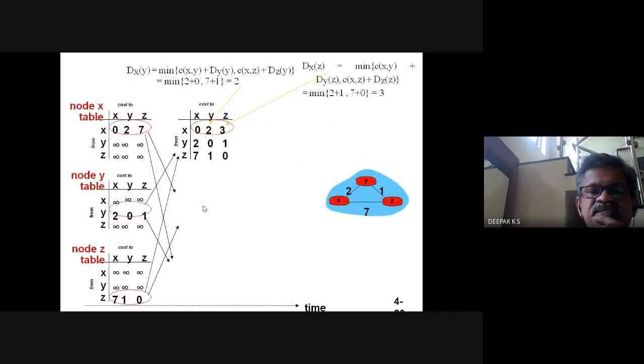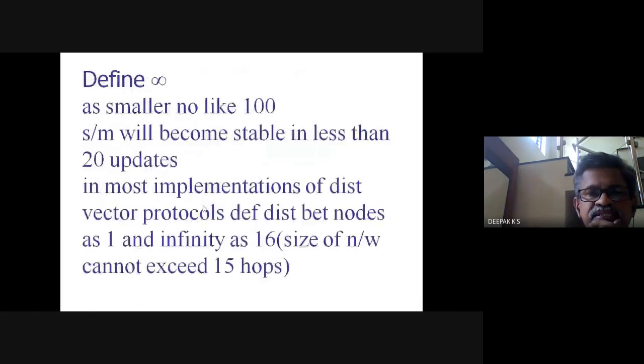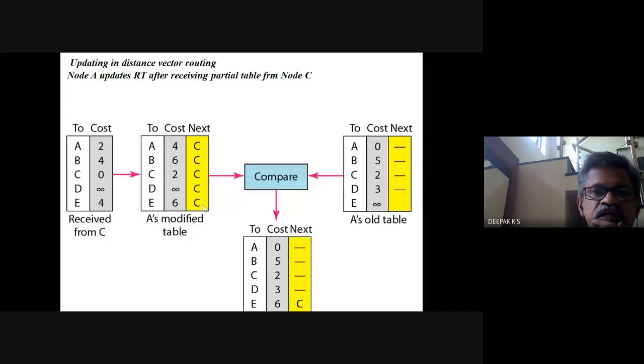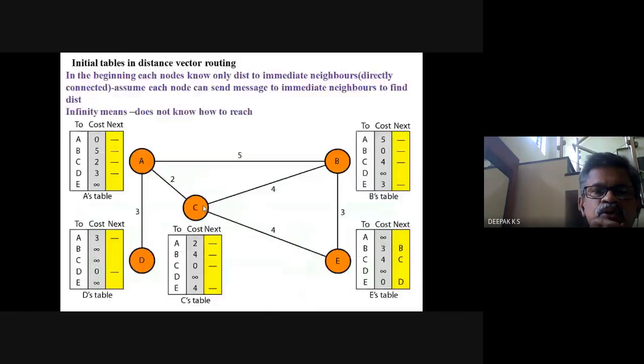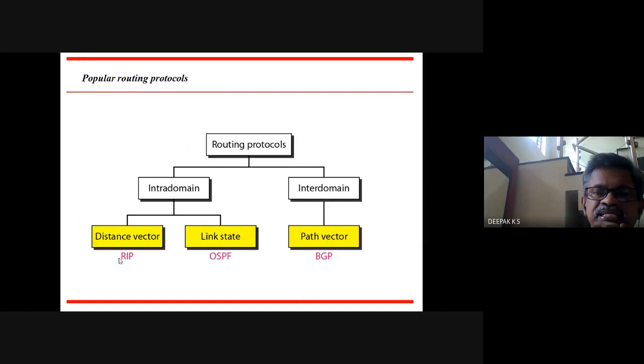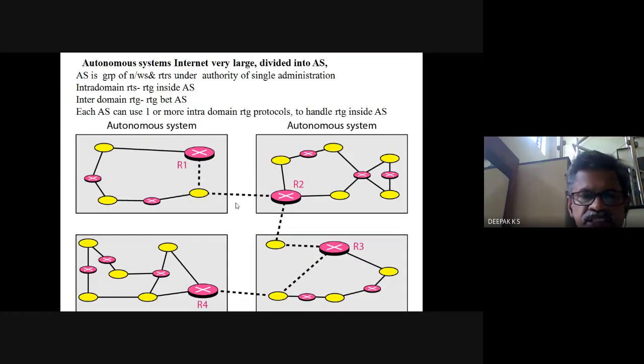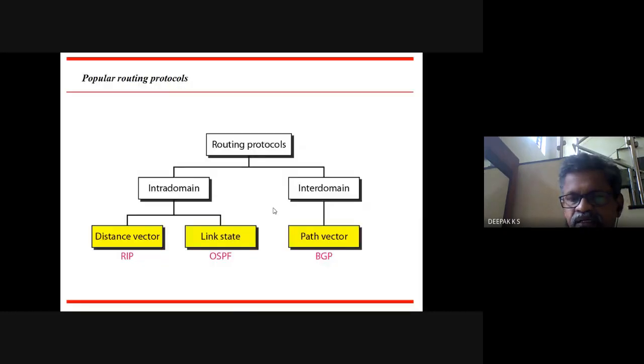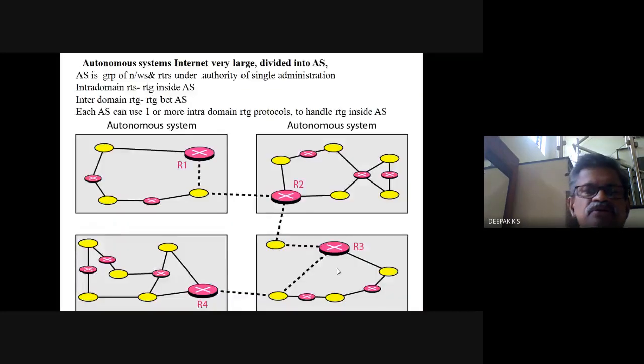So this I just explained, this concept of distance vector. So you have distance vector routing, which is the routing information protocol, based on the Bellman-Ford algorithm. And there is another, the Dijkstra algorithm, link state, open shortest path first. Both are intra-domain routing protocols, which means they are protocols within an autonomous system. And the inter-domain routing protocol is the border gateway protocol.